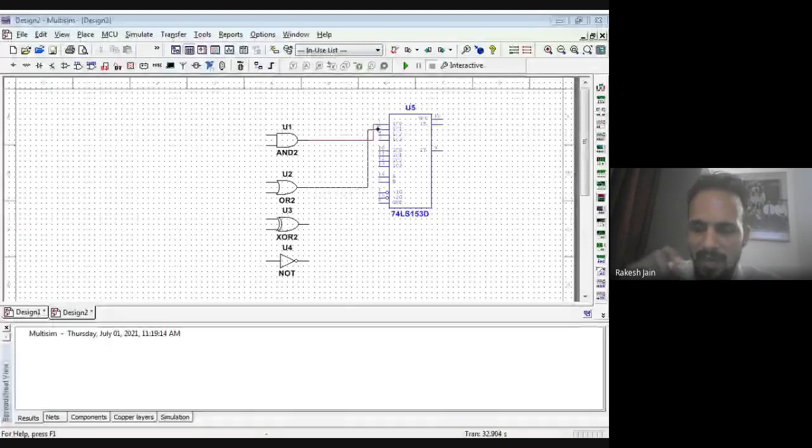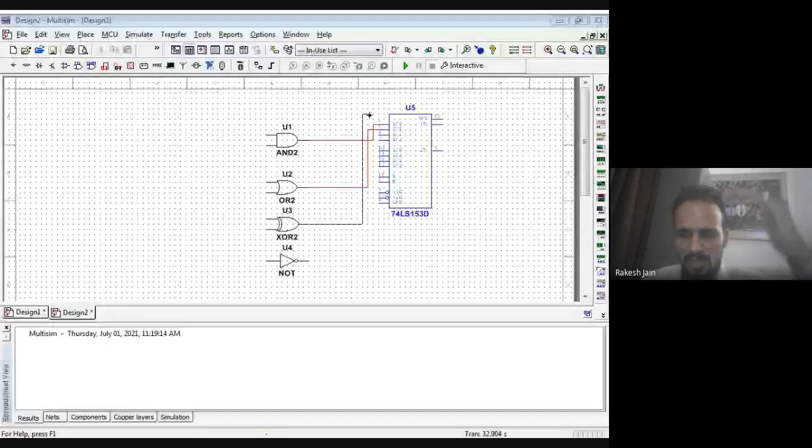You just drag and drop, nothing else. Left click on the output pin of any gate and drag to the final position, nothing else. So this XOR goes with the third pin. Third pin means from the top side, first, second, third, because these are the continuous input pins of that multiplexer. The last one should be connected.